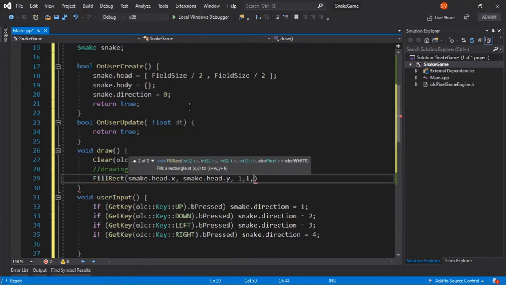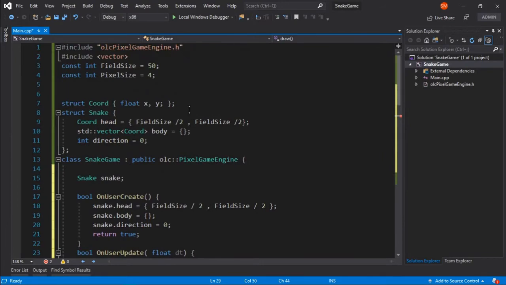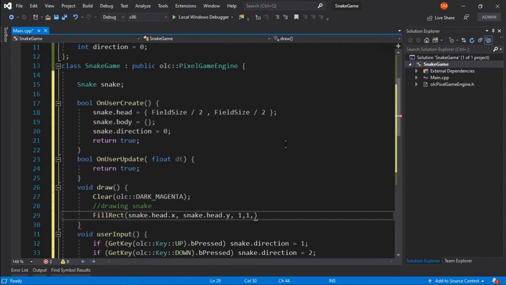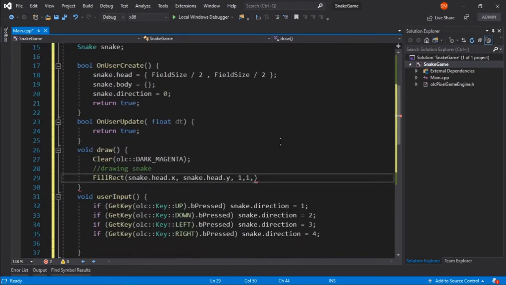Okay, we can always modify it. And also we want to fill the snake with OLC green color.